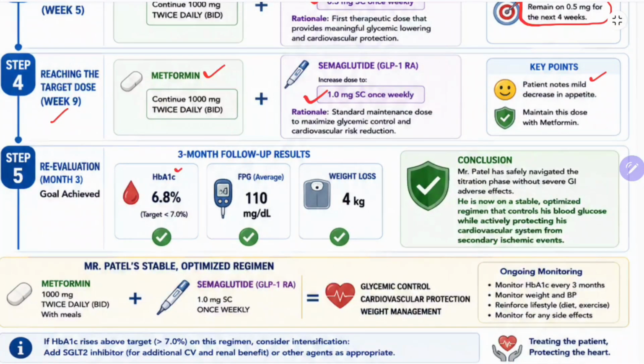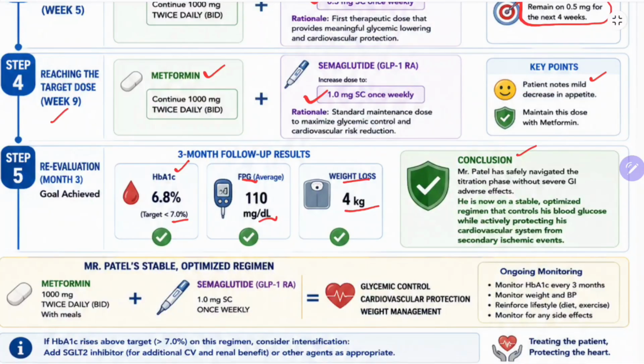Now HbA1c, you see, it is 6.8%, which is less than 7%, very much low. And fasting plasma glucose average is 110 milligram per deciliter. Again, the target is achieved here also. And there is a weight loss of 4 kg. So the conclusion here is Mr. Patel has safely navigated the titration phase without severe GI adverse effects. He is now on a stable, optimized regimen that controls his blood glucose while actively protecting his cardiovascular system from